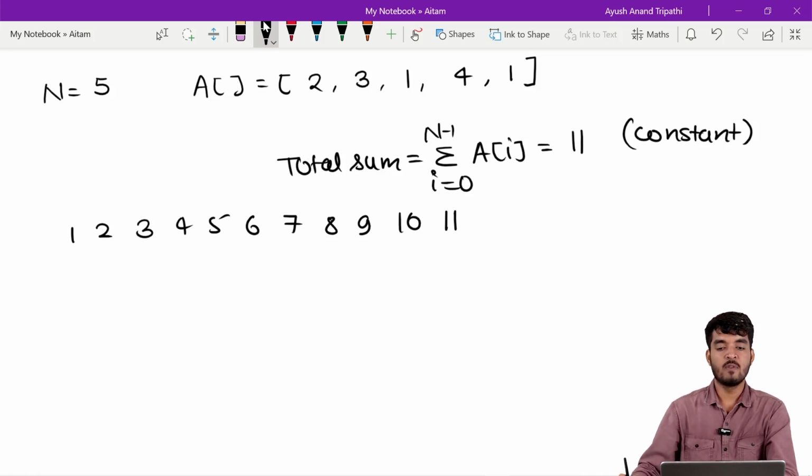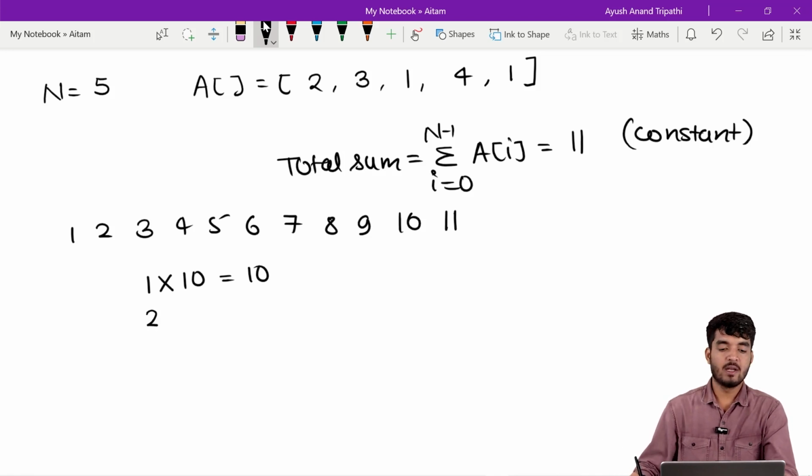So what are the possibilities we can have? Let's say group 1 has sum 1. Then group 2 has sum 10, because 11 minus 1 is equal to 10. So their product is equal to 10. Then another possibility: group 1 has sum 2, and the remaining workers will be in group 2, with remaining sum 11 minus 2, which is 9. So their product is equal to 18. At this point, I am not checking whether it is possible to select some subset with sum 1 or not, or with sum 2 or not. I am just writing all the possibilities. Then 3 into 8, which is equal to 24,